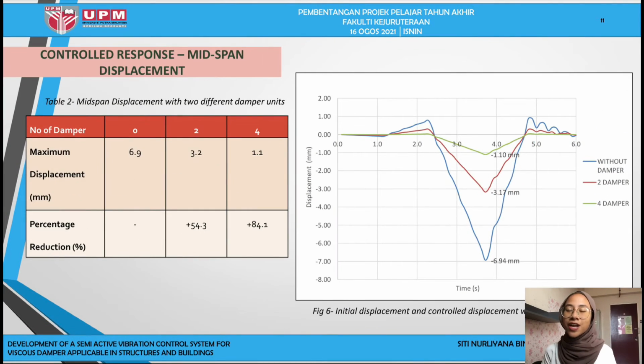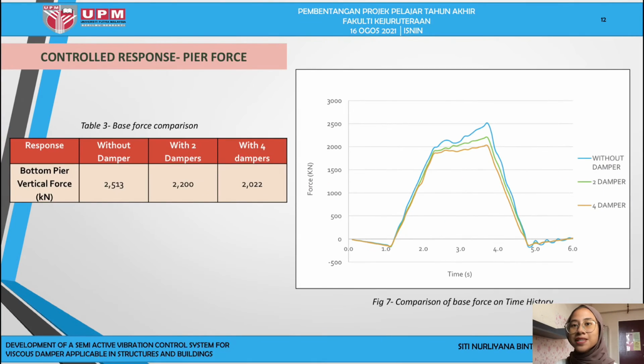The response behavior under 2 different damper units shows that the magnitude of displacement decreases when the structure is equipped with viscous damper. The initial displacement reduces up to 54.3% and 84.1% with 2 and 4 damper units respectively. And this shows that increasing the number of dampers provides additional energy dissipation capacity that will prevent unseating of the bridge deck. For highway bridges under vehicular input, there will be a significant influence on the response of internal forces